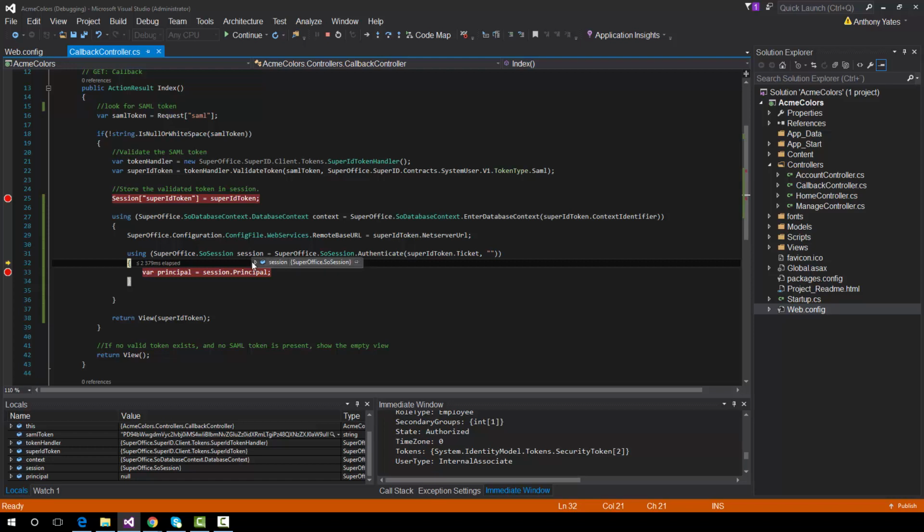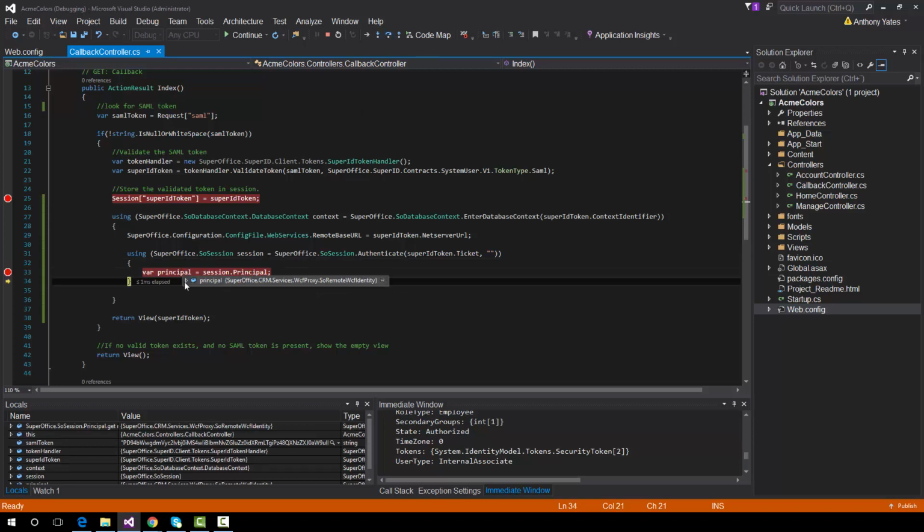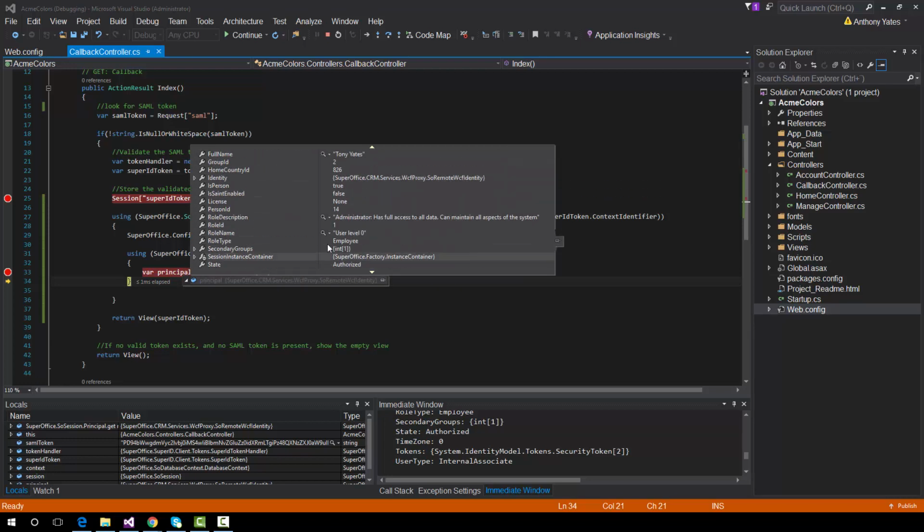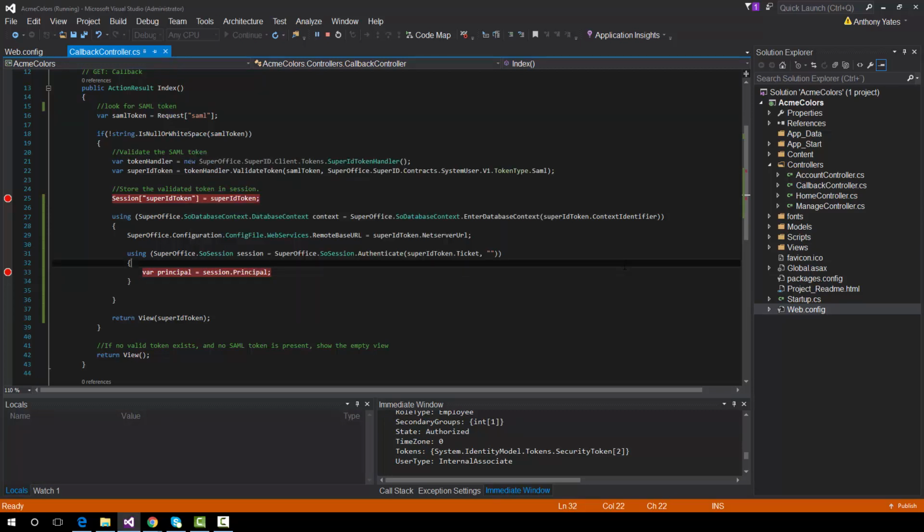Now we've authenticated and I have a valid session. I can go ahead and just step over that in order to set the principal, and then I can expand on the principal and we can see, in fact, my user has been authenticated and the properties associated with my user. Okay, so while all of this is useful, it becomes a little bit impractical